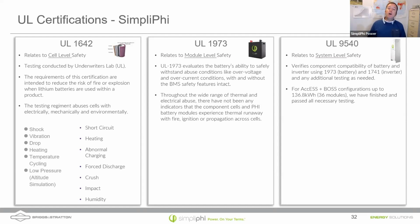And how you know a battery energy storage system is safe is you don't believe what the manufacturer says. I mean, sure, you can believe me if you want, but you believe what a third-party testing lab says. And one of the most popular third-party testing labs in the country, I would even argue in the world, is UL, Underwriters Laboratory. So UL takes the individual cells on UL 1642, subjects them to all of these kind of